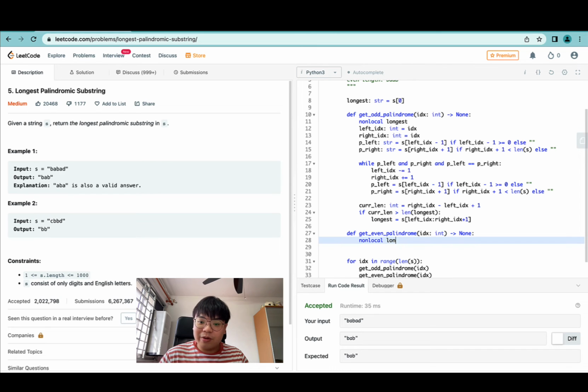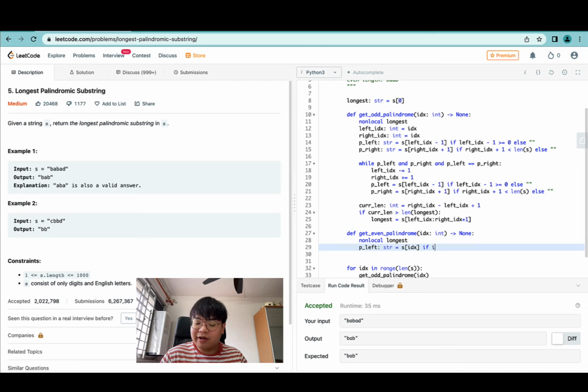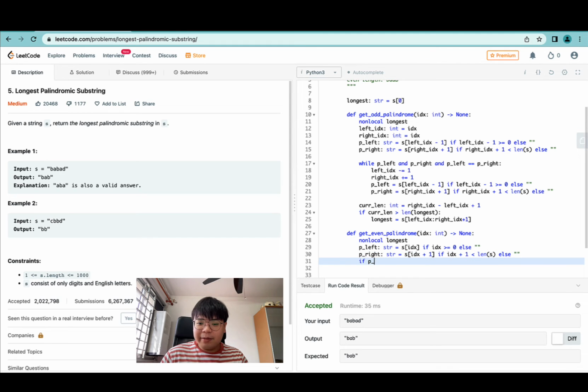So similarly, we will define nonlocal longest. Actually, let's not set the left index first. Let's do p left will be equals to s index, if index is more than or equals to 0, else empty string. P right will be equals to s index plus 1, if index plus 1 is less than length of s, else empty string. And over here, if p left and p right, and p left is equals to p right,